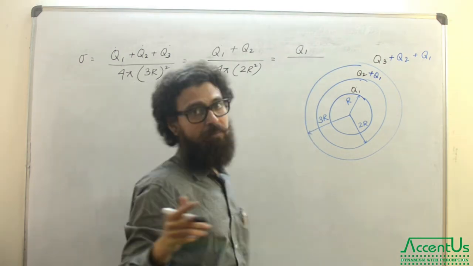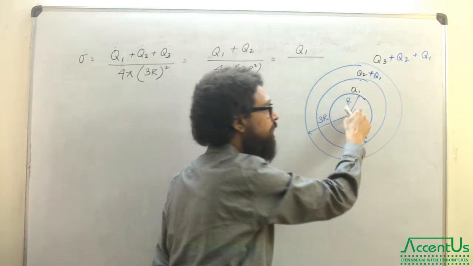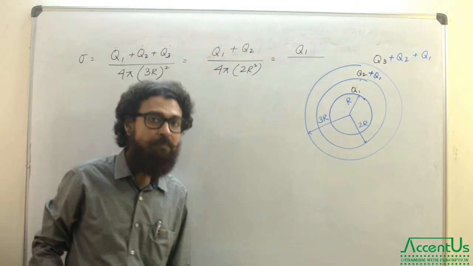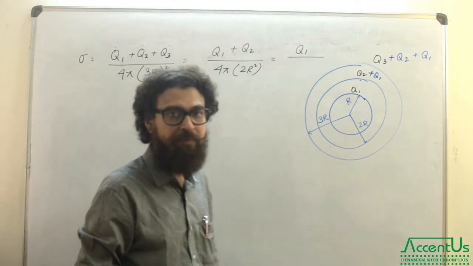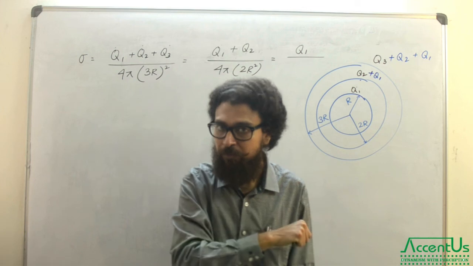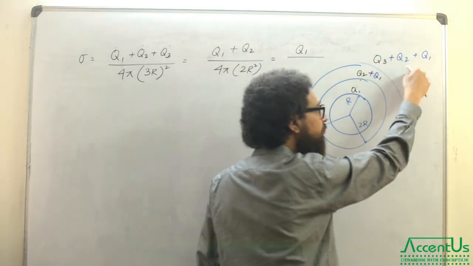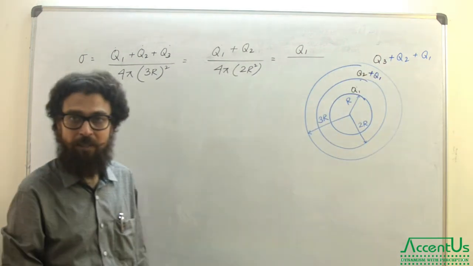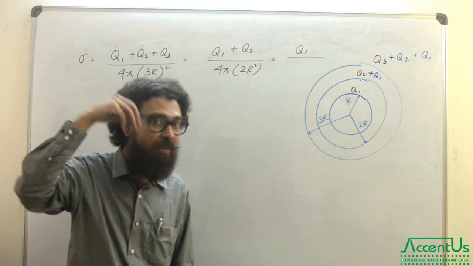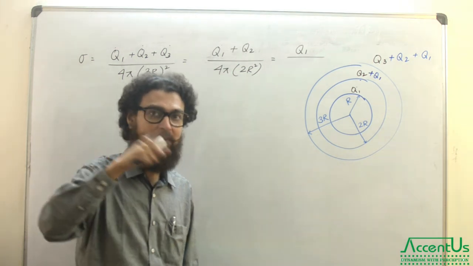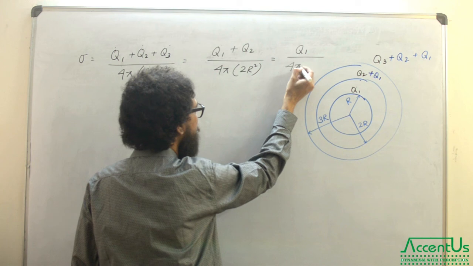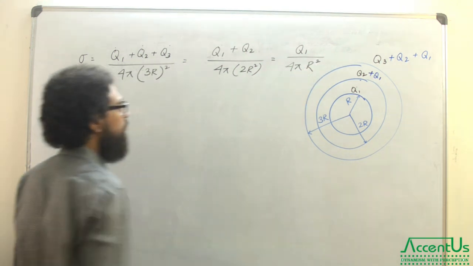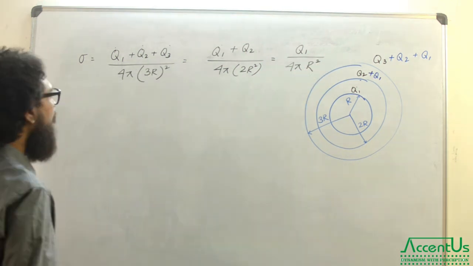And always remember, you may think why this is not inducing this. Because when we go inside a particular spherical boundary there is no electric field, and when there is no electric field it cannot induce. But this can induce the outer one because it can produce an electric field outside. You see, so many concepts are there within one particular problem. That's why I chose this problem to make you understand the situation. Anyways, this is the situation here.